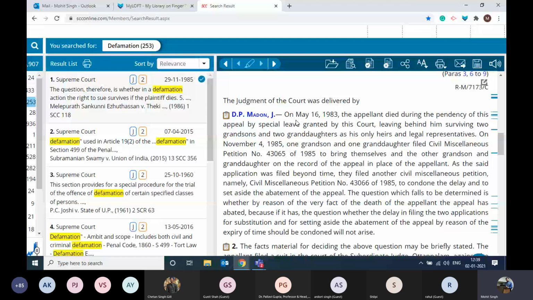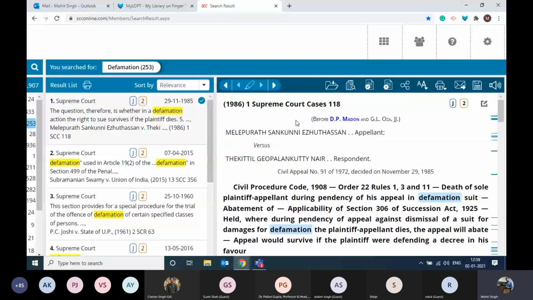So that is the difference between a document which contains the head note and a document which does not contain the head note. Whenever a new judgment is added in SCC Online, the head notes are in process because a head note takes some time to be made and processed in SCC Online documents.